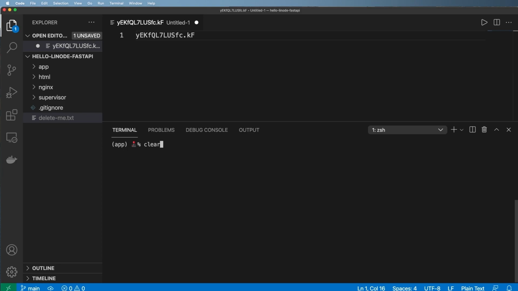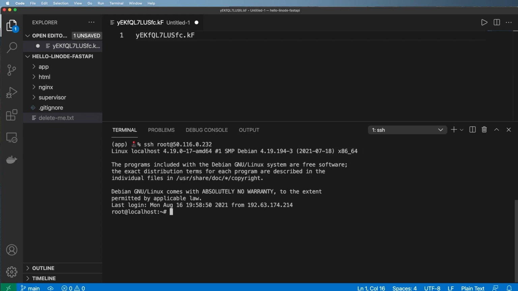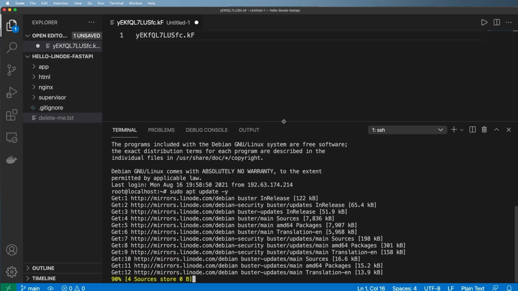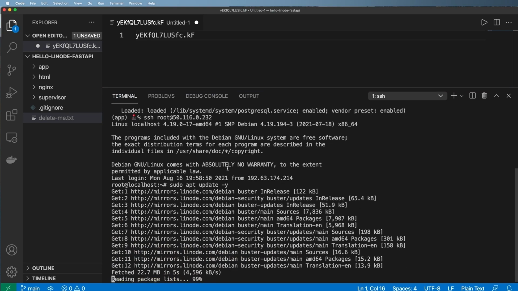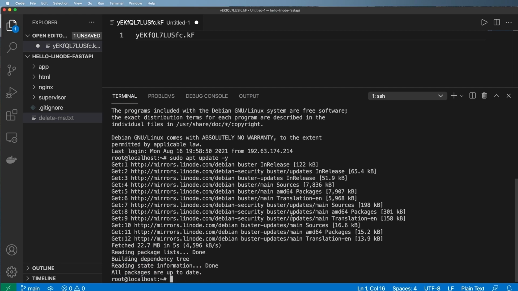So let's go ahead and SSH into our server again, and we'll do a couple installations. So sudo apt update -y just to update our system. This is very, very common to do when you log in to install something new, of course. And then we'll do sudo apt install postgresql postgresql-contrib and